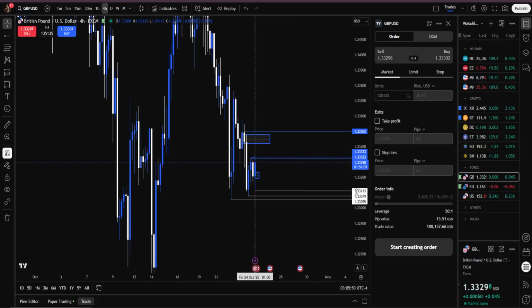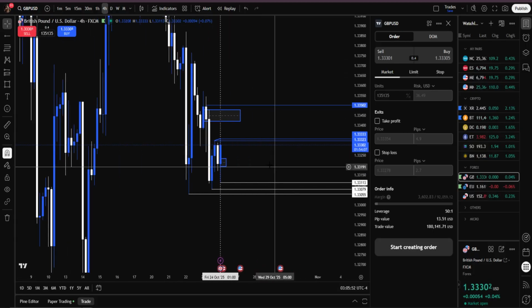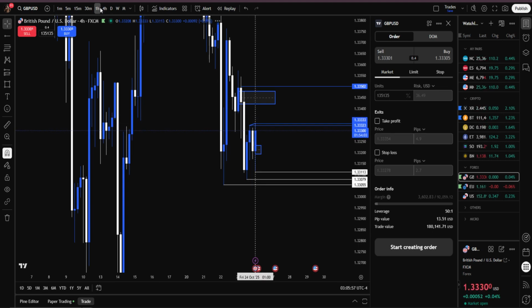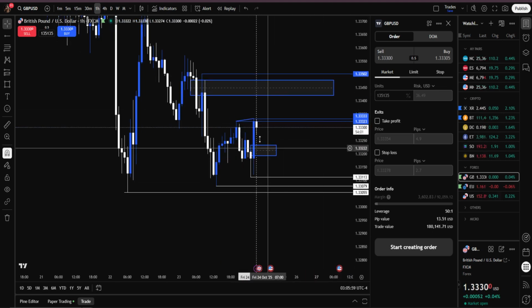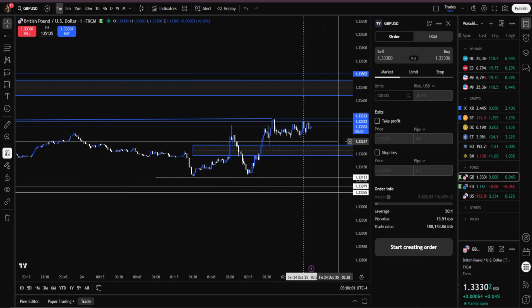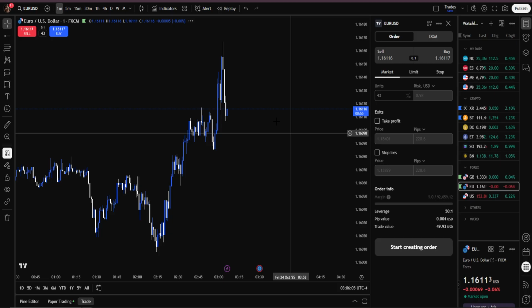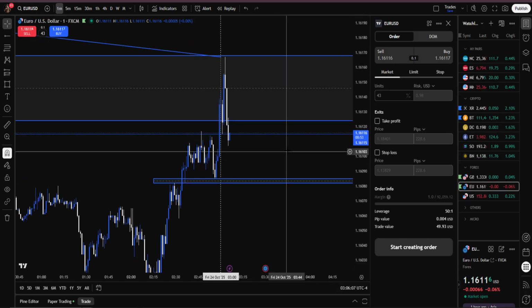On GBP, we are bearish like crazy. Looks like we're about to break above these highs on GBP. And on the 1 hour, we're bearish off this 2 a.m. candle. Sweet, but we literally could break the lows off this candle. Okay, so we just got a break of structure